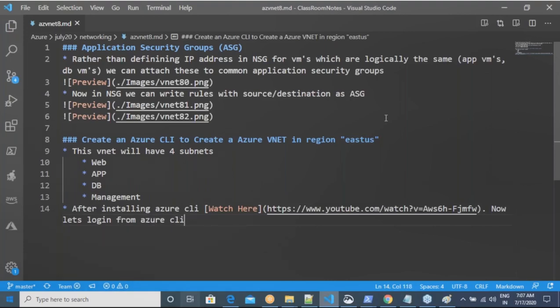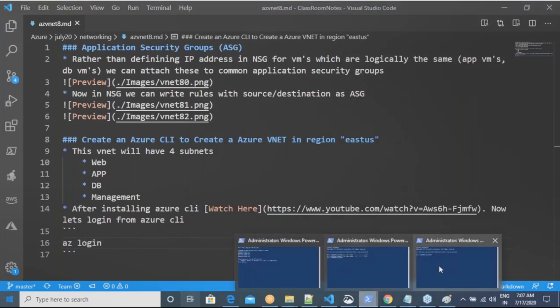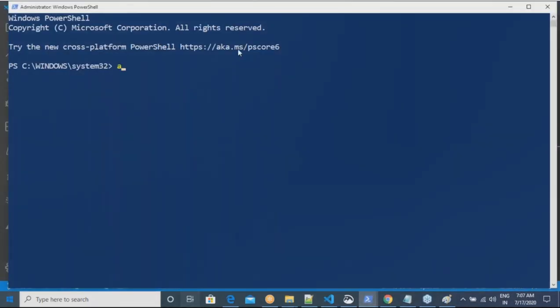Because if it is the UI, it is very simple: you log in with your credentials. For CLI also, we need to log in. So the first command is to launch a terminal on your machine and execute this command, az login. You can do this along with me.